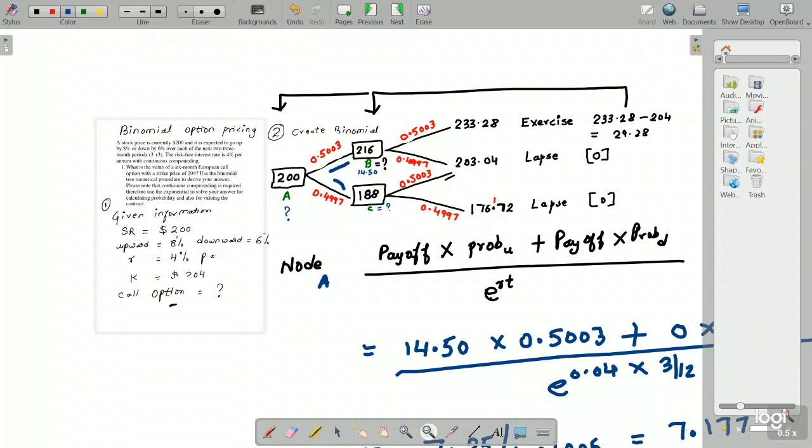Here in this question, it was a 6-month contract bifurcated into 3 plus 3. Based on that question, the first thing, write down the information. Second thing, draw your binomial tree. Third thing, take your decision that are you supposed to exercise or not. And please keep in mind that a call option is always exercised only when your spot rate is more than the strike price. So depending upon the decision, think about how much is the payoff that you are getting. Once you have calculated the payoff, the fifth step is to calculate the probability.